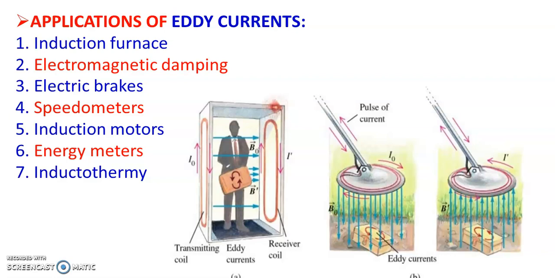Also, we are using this eddy current concept when we cross a metal detector. You would have observed while passing through an airport or when you go into some bigger mall, they check that you are not possessing any kind of metal such as a gun, etc., so that they can trace you out. These use the principles of eddy current.